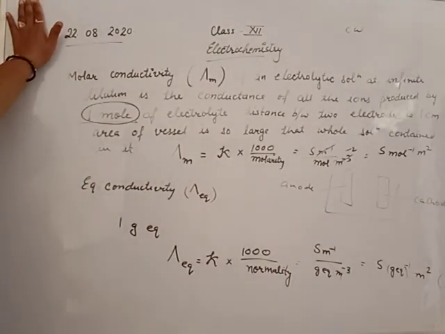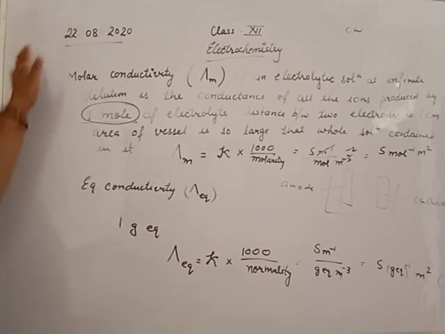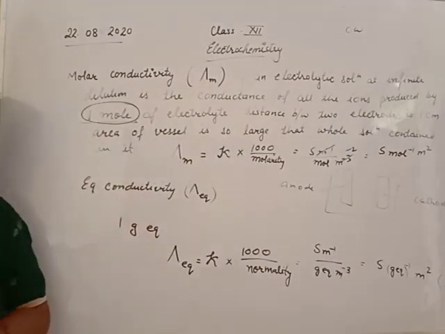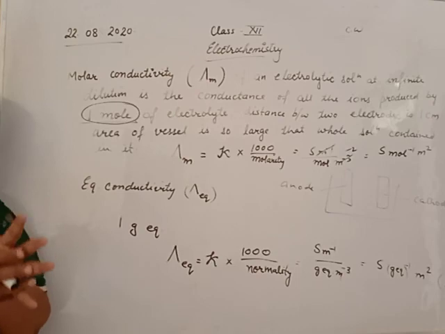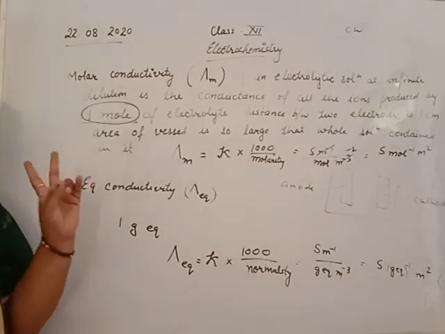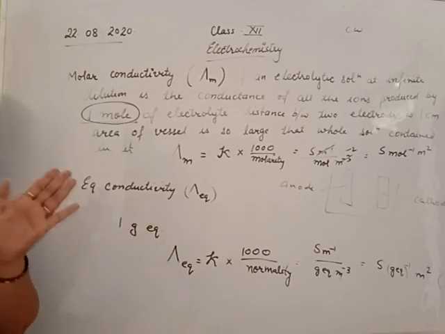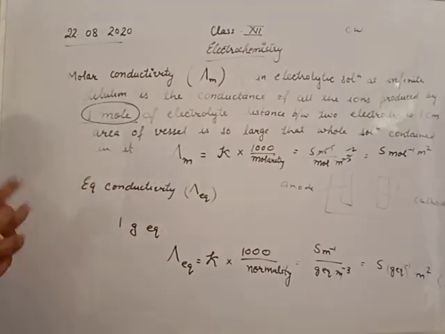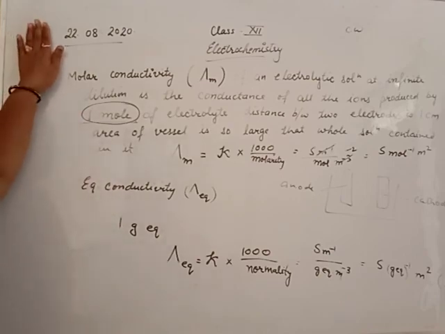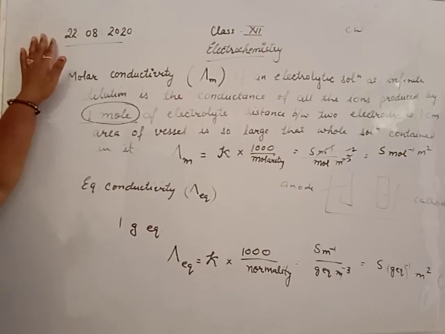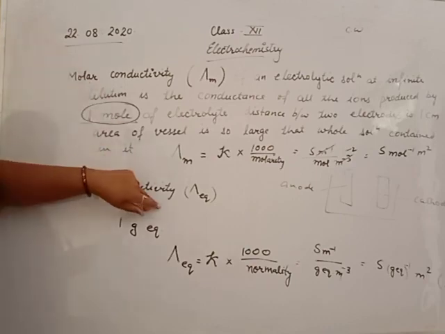This is the whole concept about the conductance or electrolytic conductance. From yesterday and today you will clear the concept of electrolytic conductance. Conductors are of two types, metallic conductor and ionic conductor. Which factors affect the ionic conductor, which affect the metallic conductor, what is the difference between these, and on the basis of conductor nature you define resistance, conductance, specific resistance or resistivity, specific conductance or conductivity, then molar conductance and equivalent conductance.